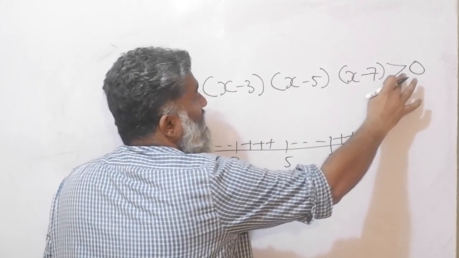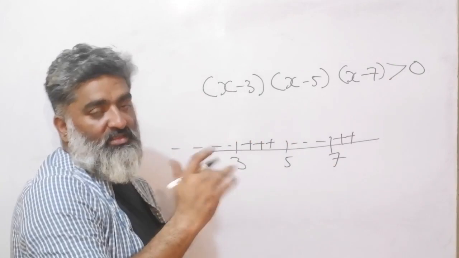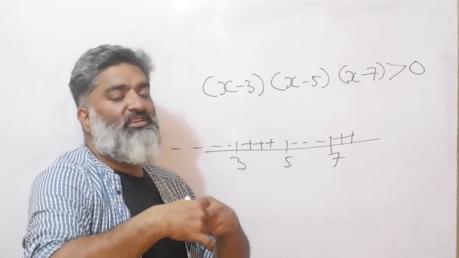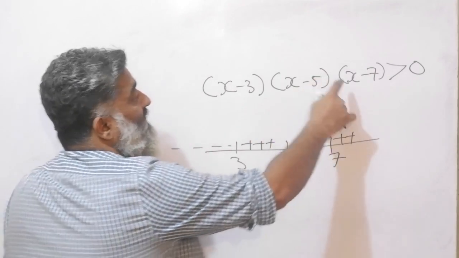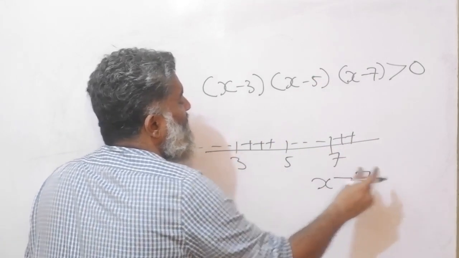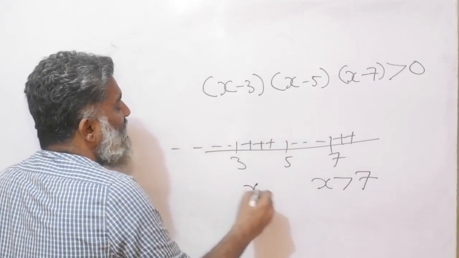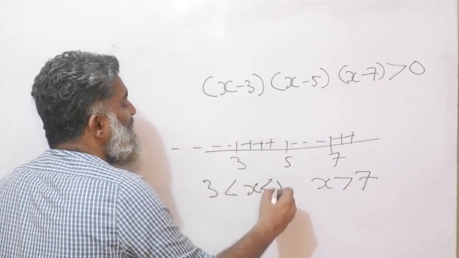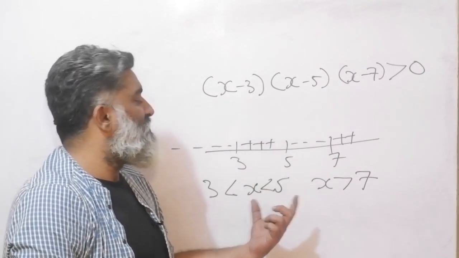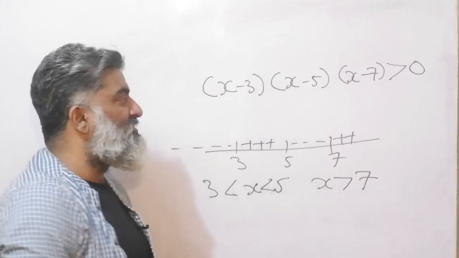Now please pay attention to the minor details, like the operational details of the question, the logic is already opened up. So if I said just this much, my answer would be x is greater than 7, and x is greater than 3 and less than 5. That's what works for me in this expression, right? I want it to be positive. These are the regions where it is positive.